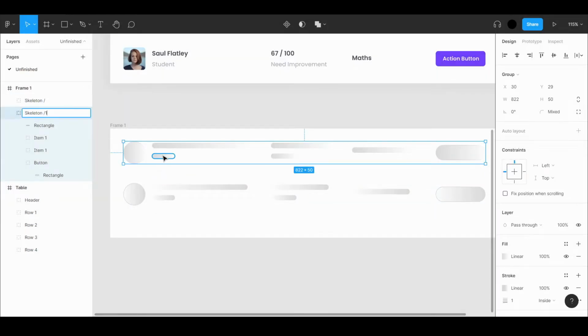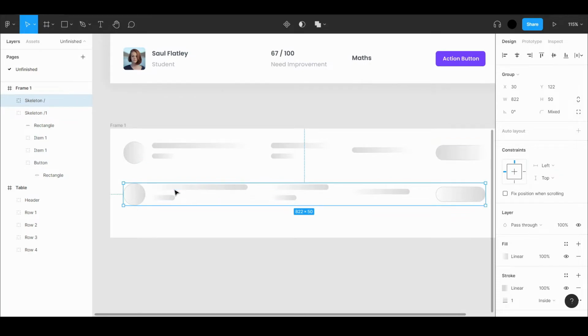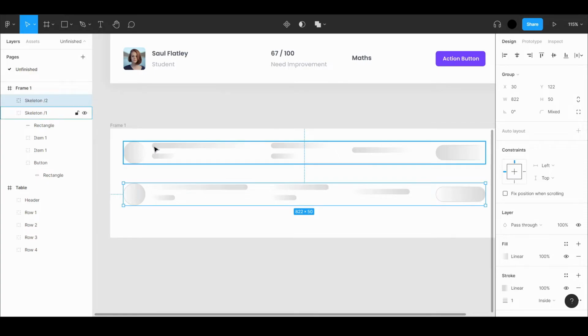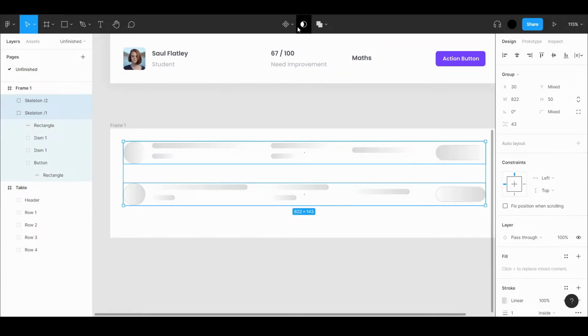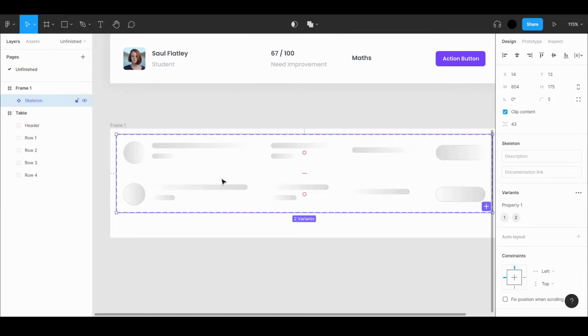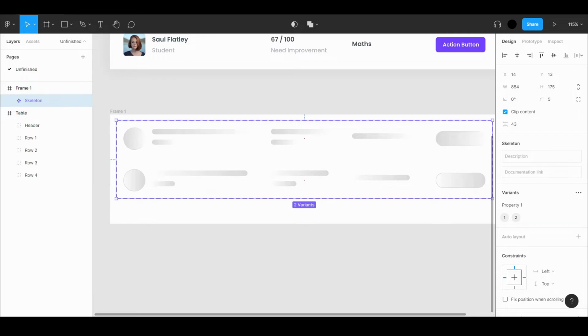For now I will select one, and for this I will select 2. Then select the multiple row and go to the component section and select create component set. So now we have two variants of the rows.